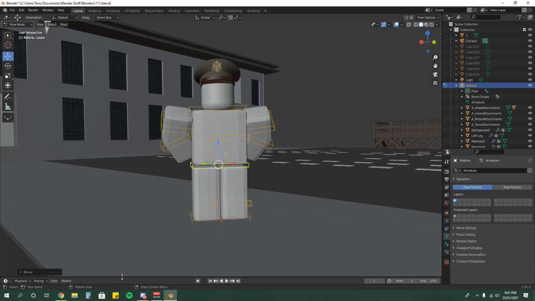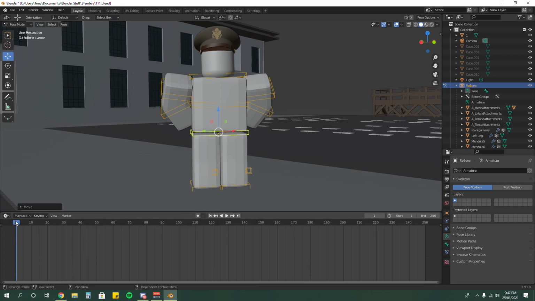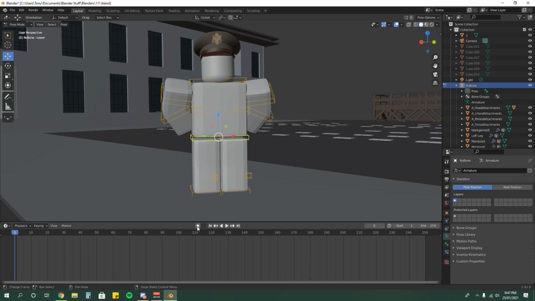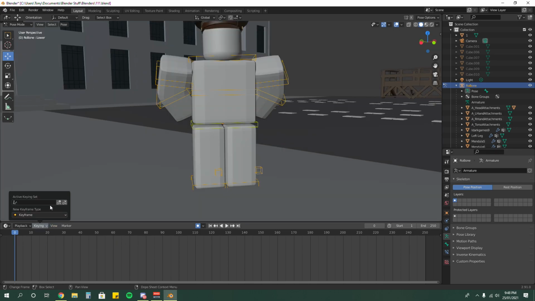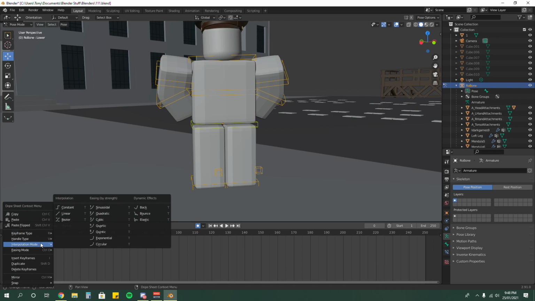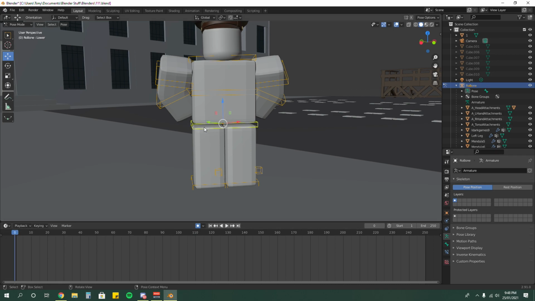So if you want to know how to animate, you want to open this up. You've got this timeline, right? You want to press on this little dot here. This is auto keying. So we should set, and you want to key its location and rotation. So make sure this is selected and press I. Boom, you got your keyframe. And then if you just use your imagination, about like 10 frames.